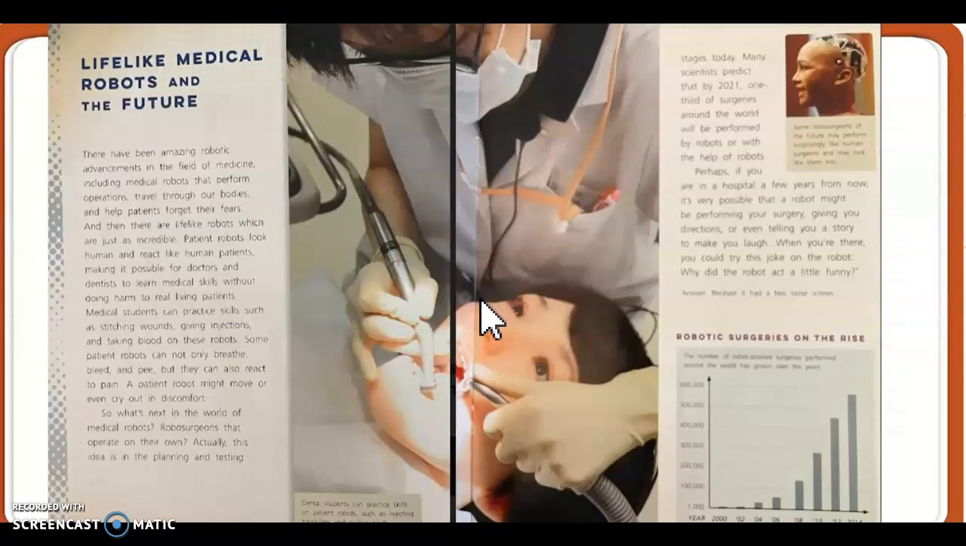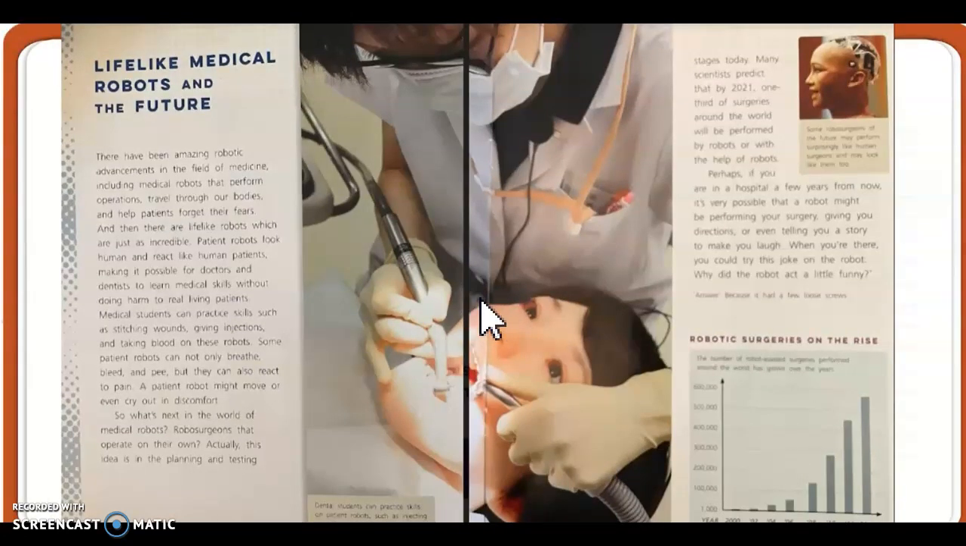I have a book right here that some of you may have read, some of you may not have read, about medical robots and how they are assisting doctors in completing surgeries at a quicker rate so that people can have less recuperation time. This section of the book is about lifelike medical robots in the future. So if we look at this whole page, I can see in the photo that the girl is having some dental work done, and the caption,